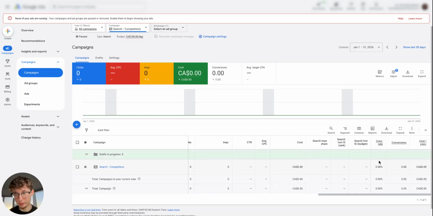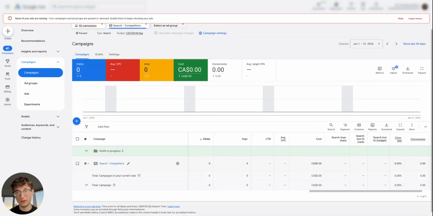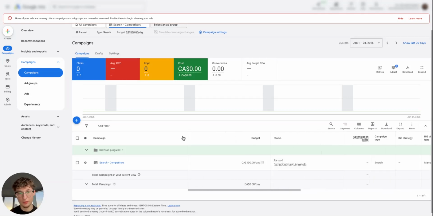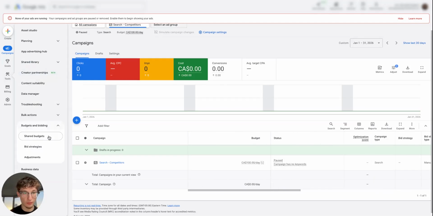And obviously what trumps everything is your return on ad spend, right? Because if you're actually getting conversions for these types of search terms, then I would leave it. Let it run, let it collect data. And then only when you get to 10, 15 conversions in that month, and it's consistent, so you have a consistent kind of cost per conversion, that's where you want to switch over to what's more exciting, which is a